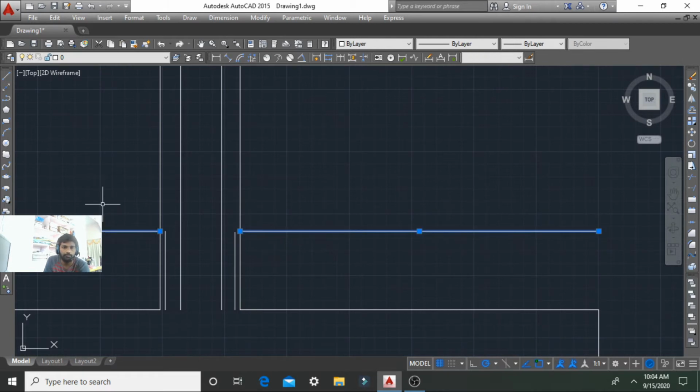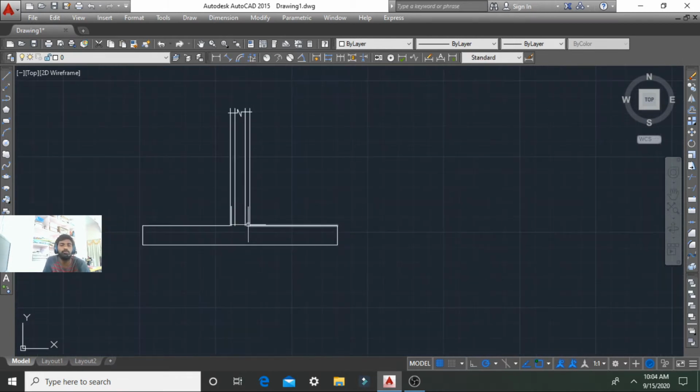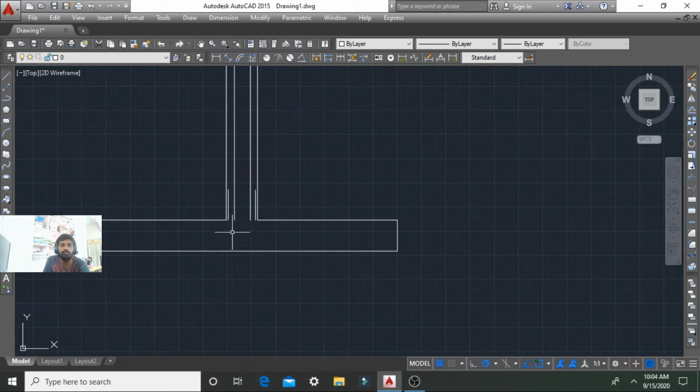So these are the 10 to 12 mm dia dowel bars, and this cover is 50 mm.